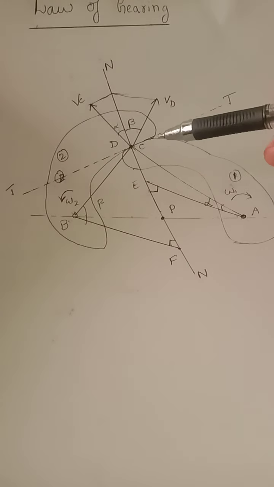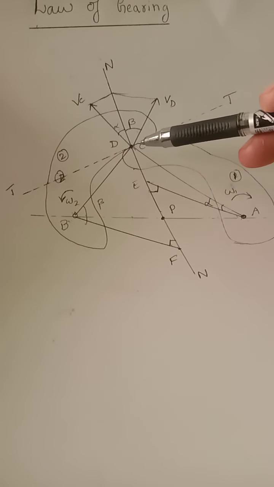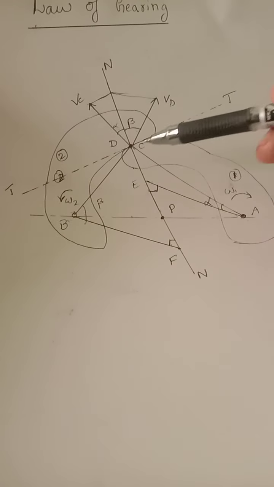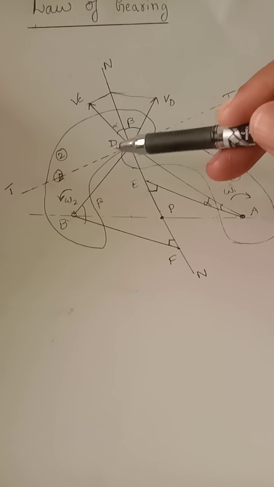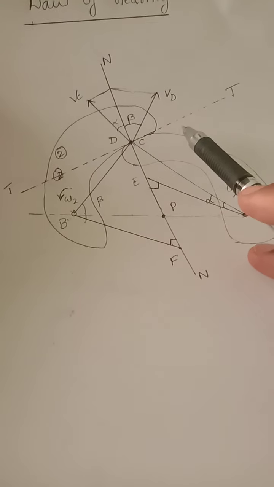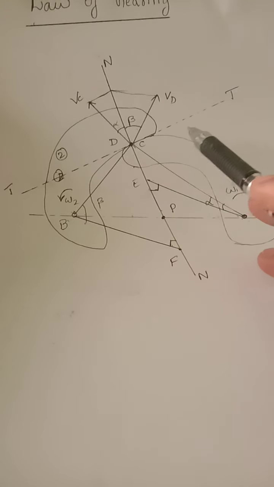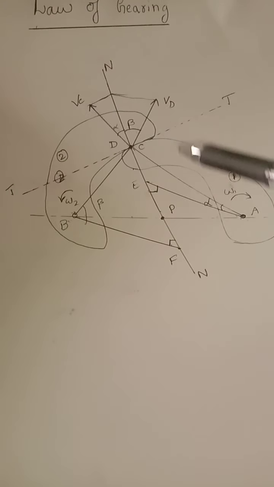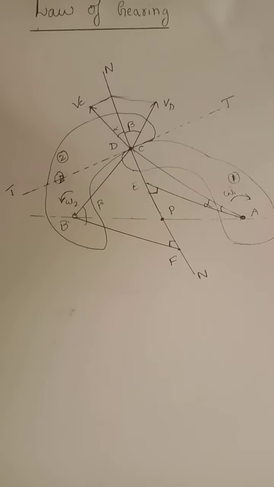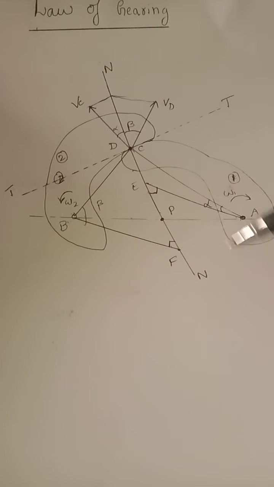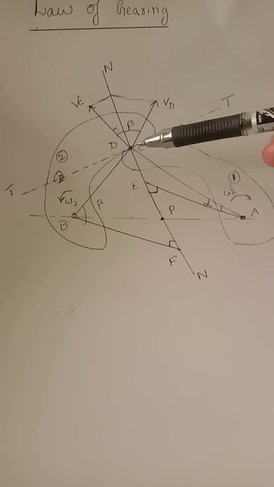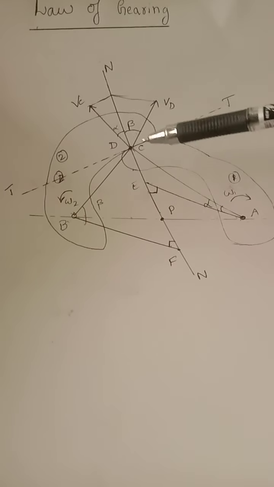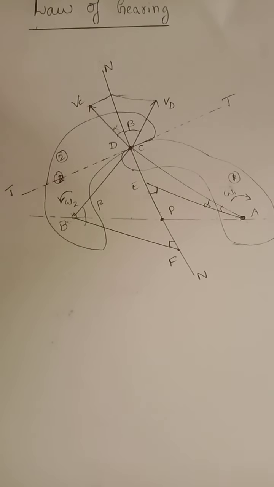Tangent means the gear tends to slide over the surface along the tangent. So gear 1 can slide over gear 2 along the tangent. It can slide, but the whole idea is that it should not slide. How we will come to that conclusion, we will see that. And this NN is the common normal at point C. All this tangent and normal is with respect to points C and D, which is a common point.